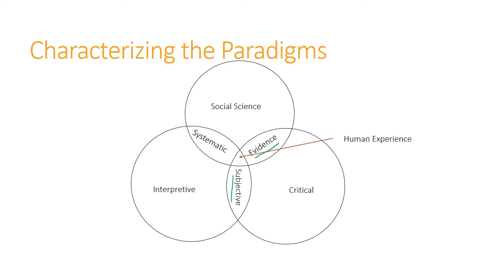What the interpretive paradigm and social science paradigm have in common is, again, that it's kind of systematic. They're very interested in reproducible results, or at least being consistent so that you have some standard of measurement. They might not always agree about what counts as evidence, or what their goals are, but they have some stuff in common. So all three of these overlap, and my main reason for putting them in this kind of Venn diagram is to focus on this part right here. In the middle, I would call that human experience.